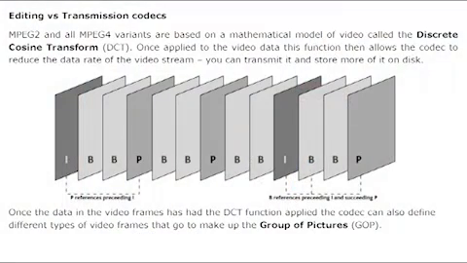You have to have these things called iframes, where you send the complete compressed frame, the compression having been applied to the single frame of video. But then for subsequent frames, you can say, well, what changed? And in fact, you can go even cleverer than that. You can say, not only what changed, but what changed and how did I get it wrong? So you end up with this structure of not sending a complete video frame, a complete video frame, a complete